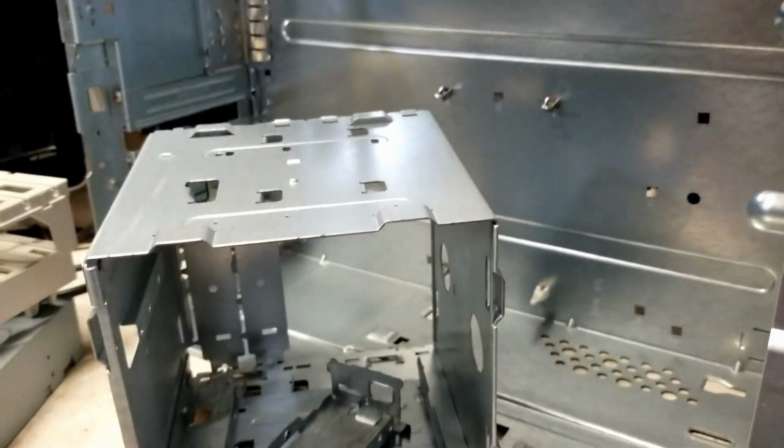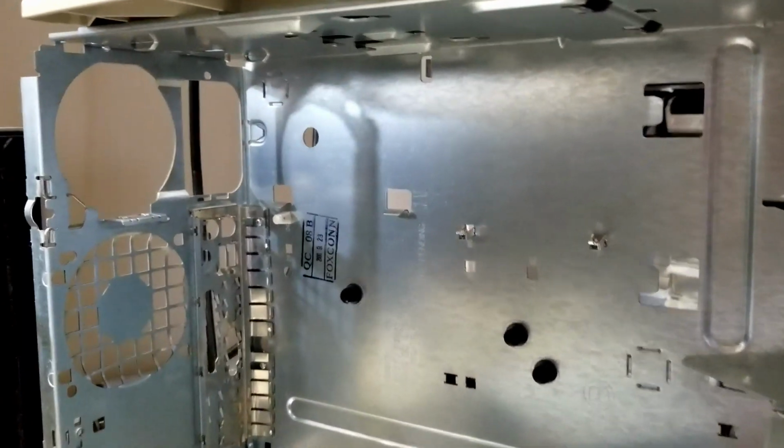These things will blow anything, kind of like my ex-wife. But it did a nice job